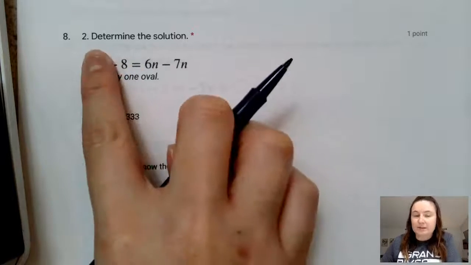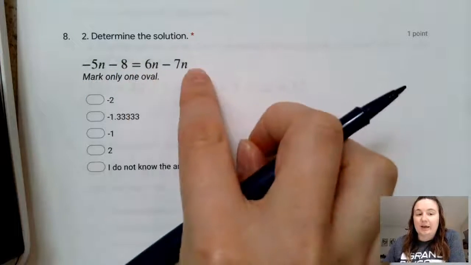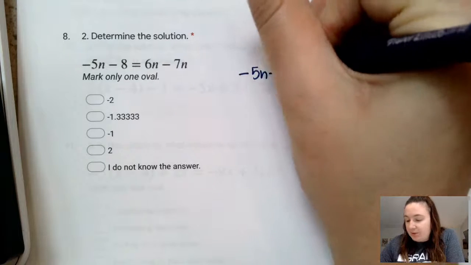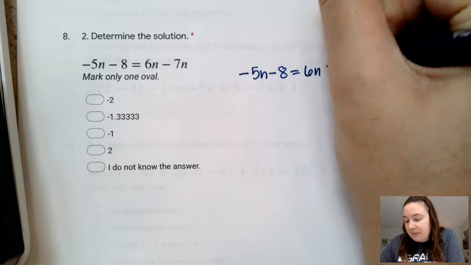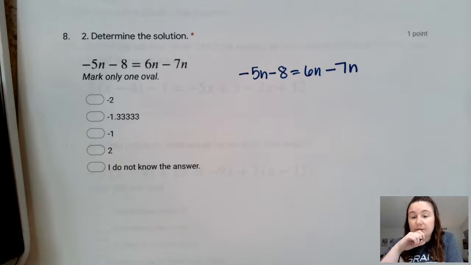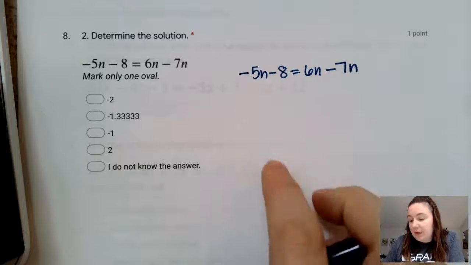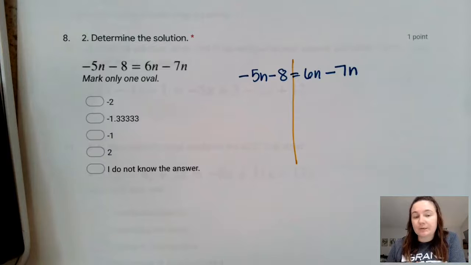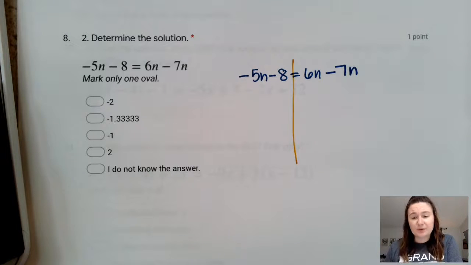For this problem, it says determine the solution, and then we have our equation here. I am going to just rewrite it so I have some space. And the first thing that I notice is that there are a lot of variables. I have one n over here. I have two n's over here. And the first thing I'm going to do is try to simplify those variables so that I have less to